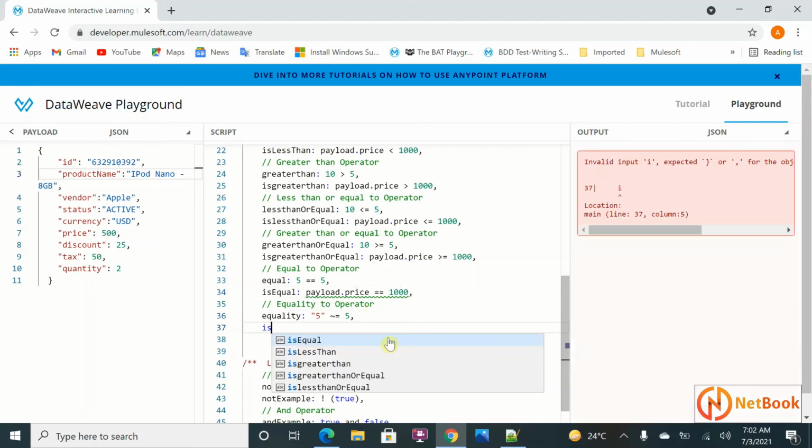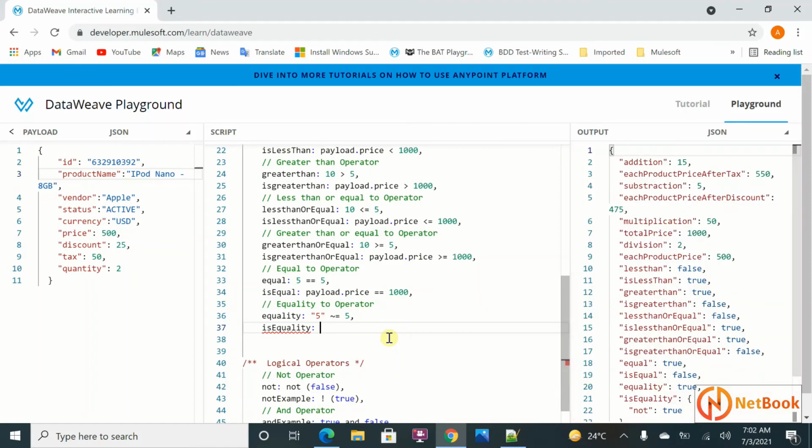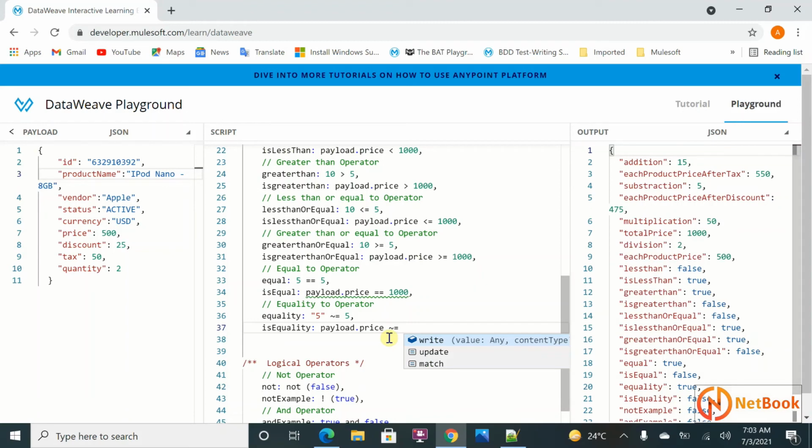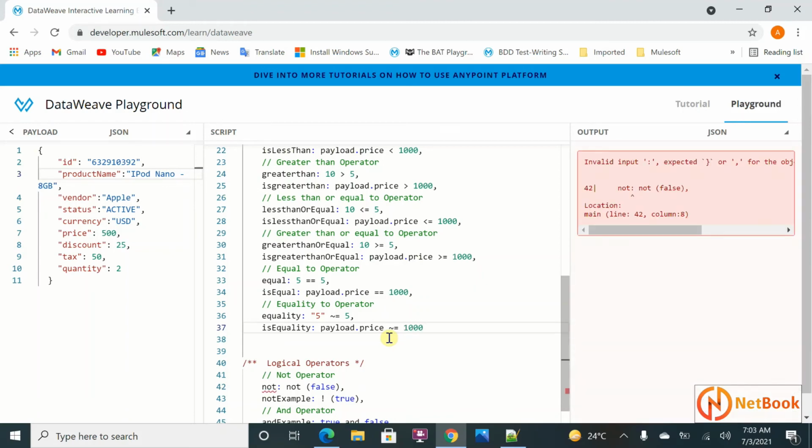Now the equality operator. I can say payload dot price equality is equal to 1000. Okay, even it can compare with 1000. It's not going to. Let me put a 500 over here as a string.